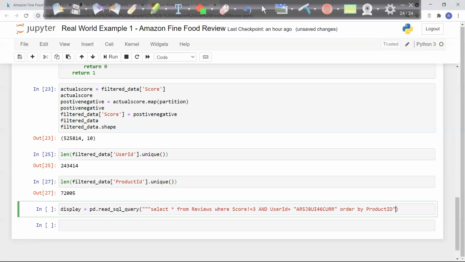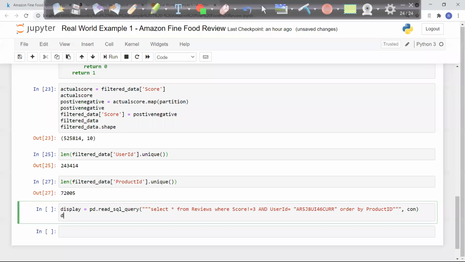This query I want to run in my connection, so I'll write triple quotes from my connection, and then display dot head. It will give me the first 5 records, as head by default gives the first 5 records. I hope the query will run fine.